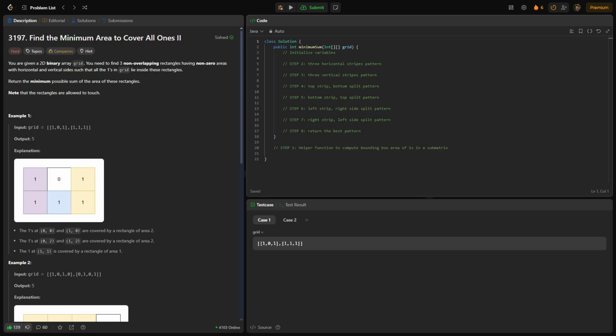Today's daily good problem of the day is find the minimum area to cover all ones, part 2, number 3197. For this problem, we're given a 2D binary array called grid, and our goal is to find three non-overlapping rectangles that have non-zero areas with horizontal and vertical sides such that all the ones in the grid lie inside of these rectangles. All this basically means is we need to make three rectangles that hold all of the ones in the